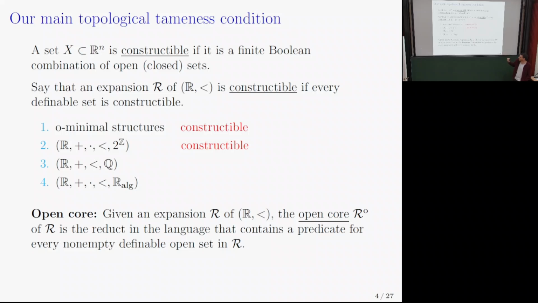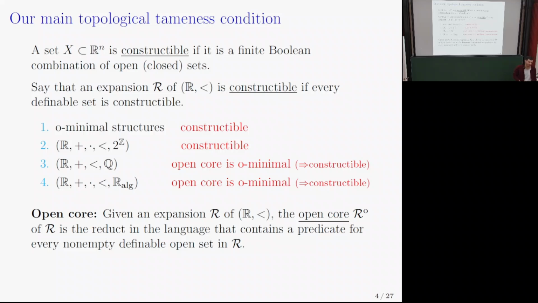So again, this sort of definition has been floating around in the literature. However, it's not until the late 90s that this comes up. And what happens if we look at 3 and 4 and the open core, where in both cases the open core is minimal, right? In fact, in both cases, I think the open core is just the reduct where you take away Q and you take away the algebraic numbers. So we can hope for these NTP2 structures to have constructible open core, right? Okay, small note here: because of the language, open core is constructible means it's actually a quantifier elimination result.